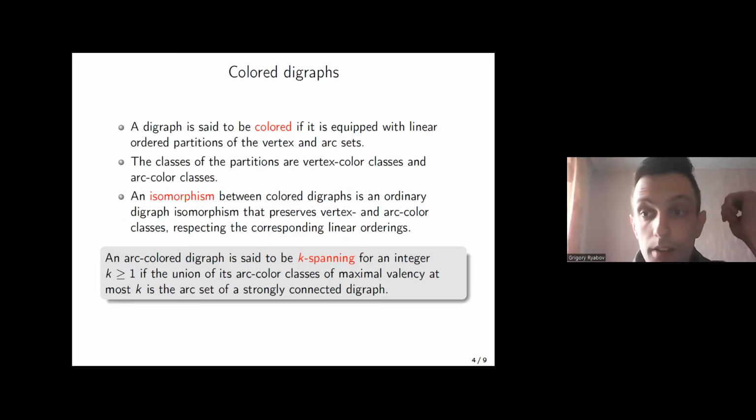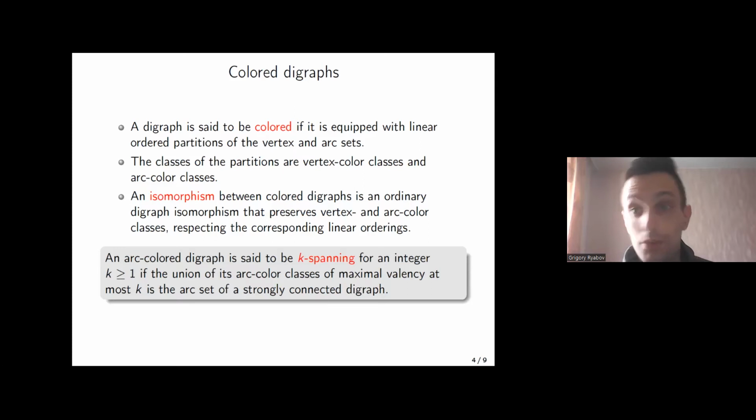Further, I will provide some examples of k-spanning colored digraphs and even k-spanning colored tournaments, which imply, I hope, that this notion is not senseless and useless. And in fact, there are a lot of such